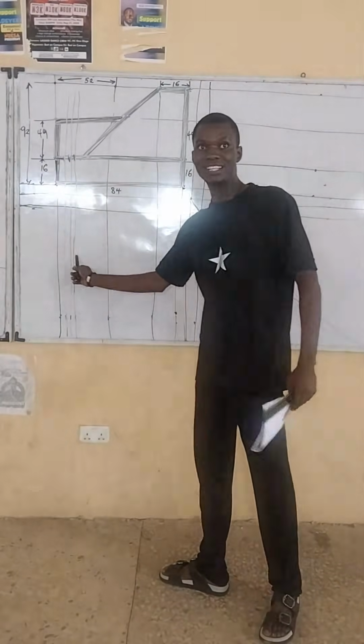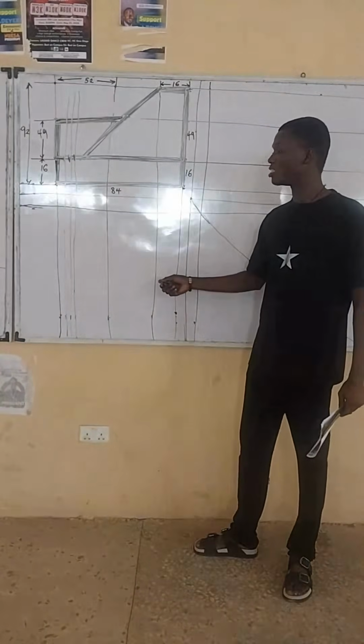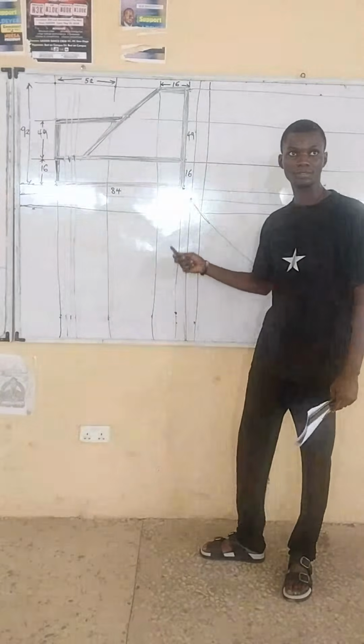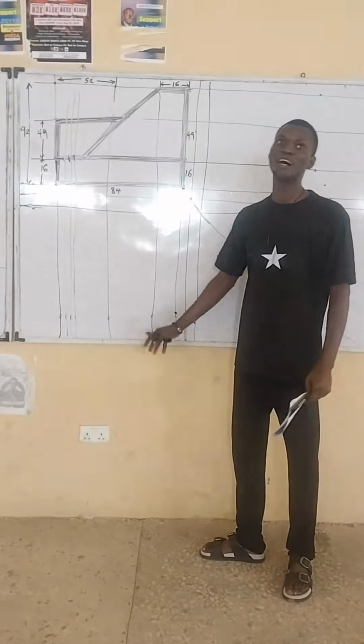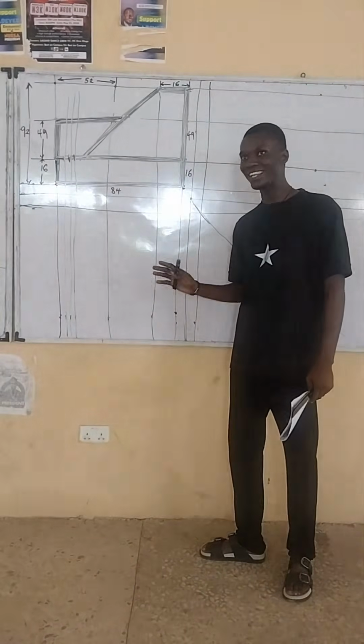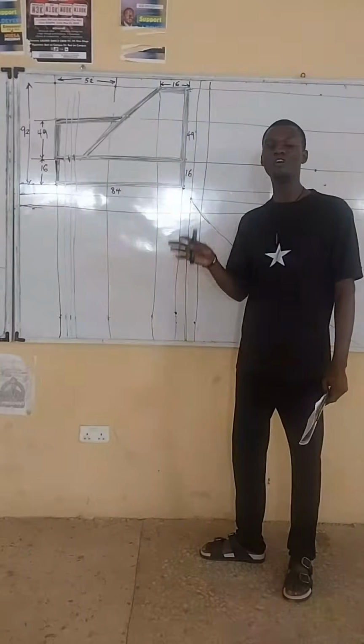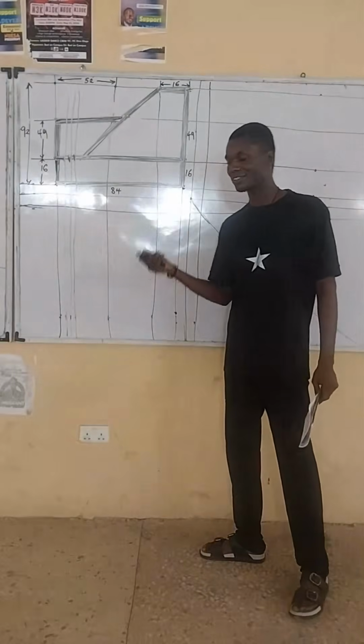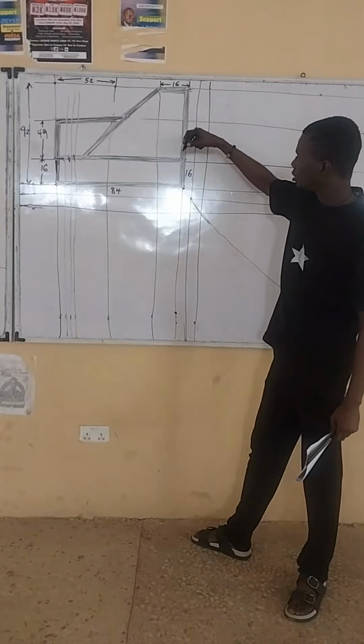Now, what we have done at the left-hand side, we want to do the same thing at the right-hand side. As I have said, we are going to have many lines. We've not even started yet. We are going to have many lines. So this is why your faint line has to be faint. Now, from here,